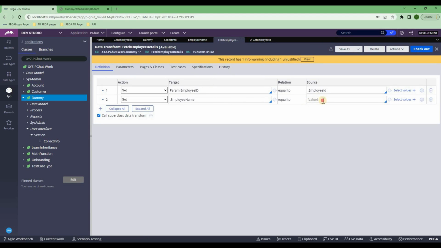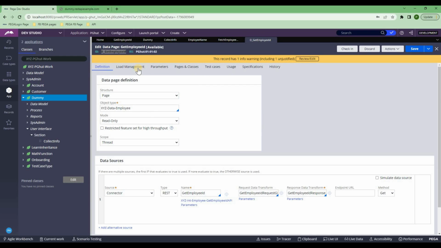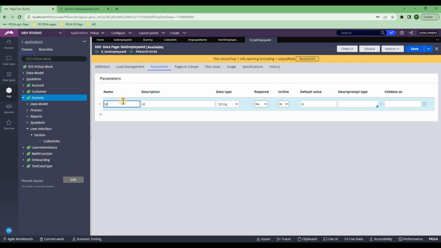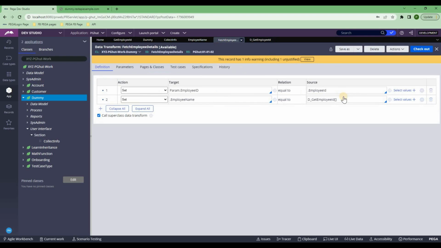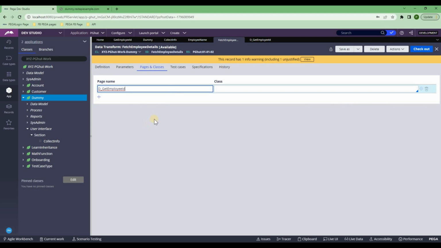I'll first try to put it here, and this database takes a parameter which is called ID, right here, ID, correct? Now if I come here, I'm gonna put ID colon. Here what ID I should pass? Param.employee ID, whatever the user will input, provide in the input, right? I would also go and define in the page and class for the same